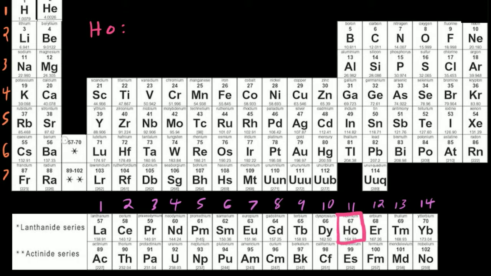Remember that Ho falls somewhere in here in the periodic table. So the nearest previous noble gas would be xenon. Right? So we would say that Ho has the same electron configuration as xenon,